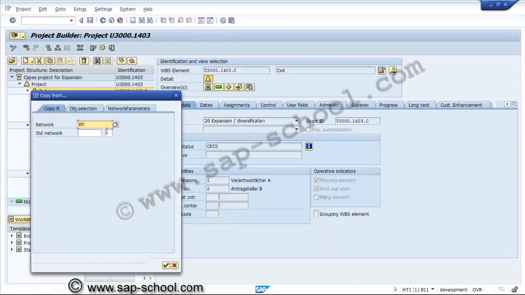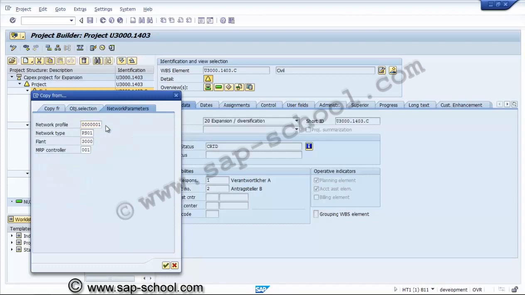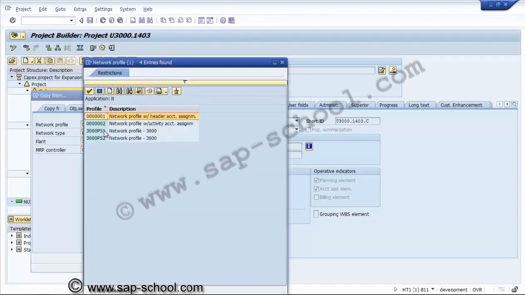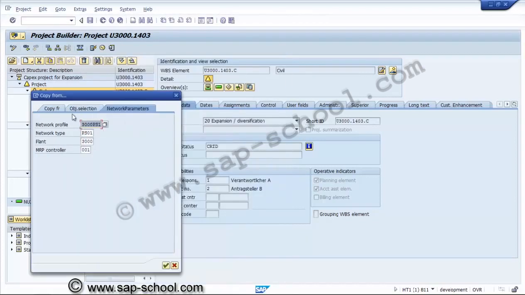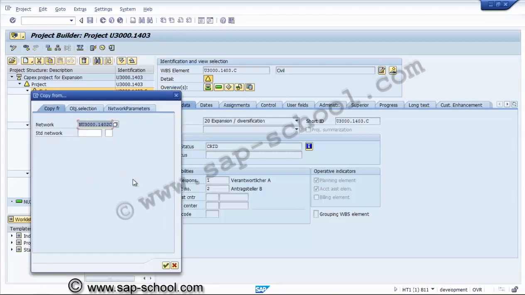Here we'll use the other network. We'll select all, and for the profile we'll select the new one we have created. This is the network number we are entering, 3C, continue.